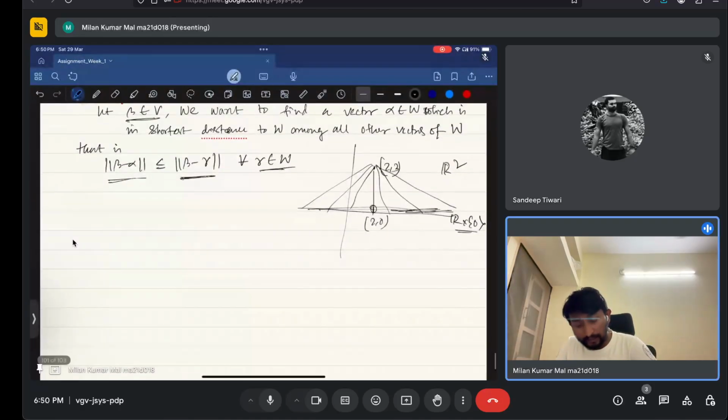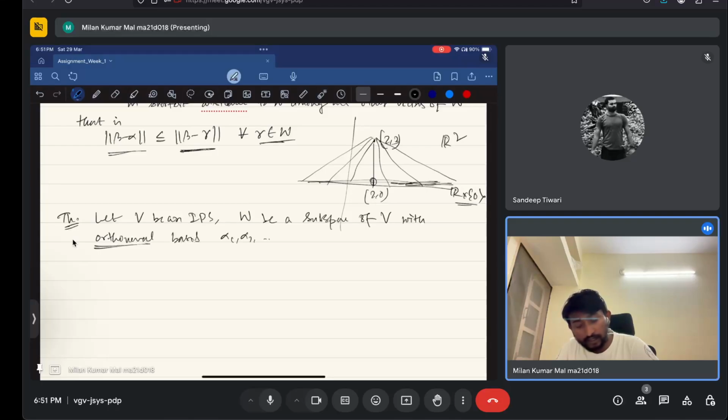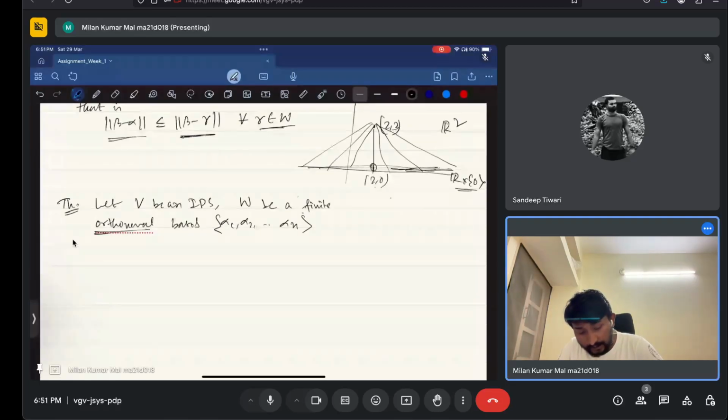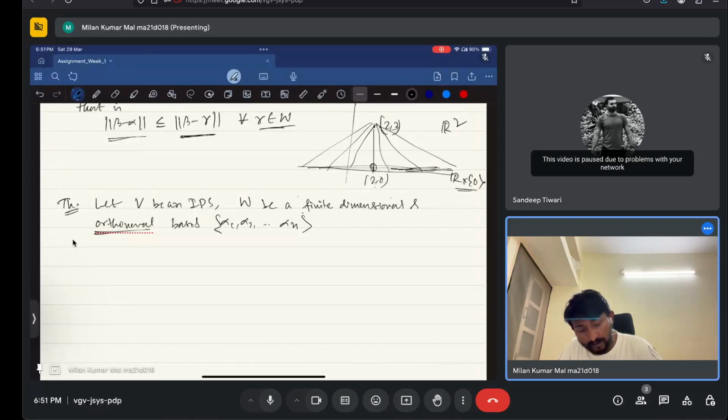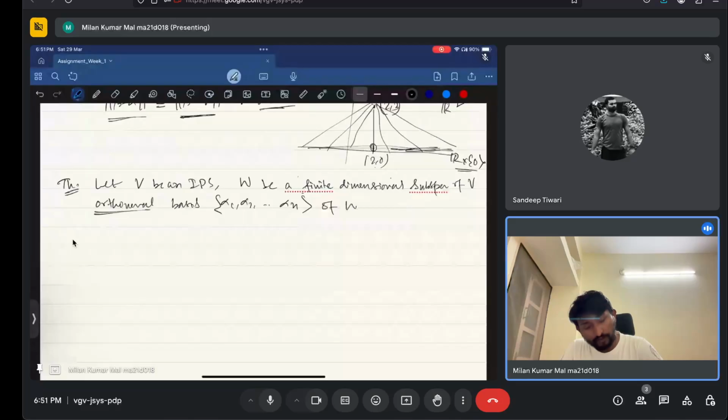Now, there is one theorem. Let V be an inner product space and W be a finite dimensional subspace of V with an orthonormal basis alpha 1, alpha 2, all the way to alpha n. This finite dimensional condition is very important because it is the factor that makes this orthogonal projection possible. This is an orthonormal basis of W, which means the dimension is n. Then